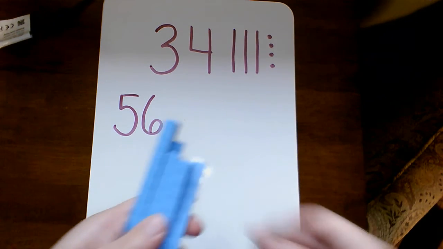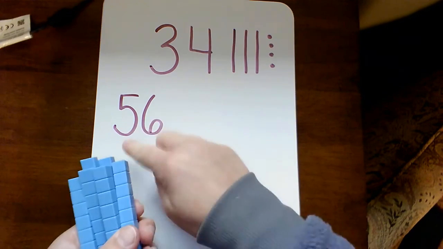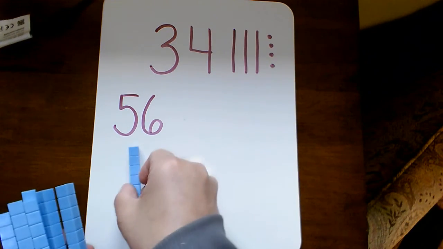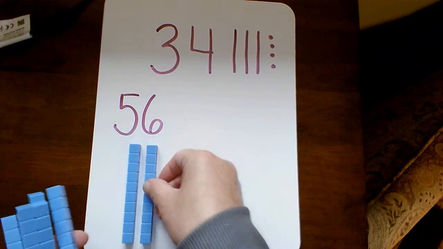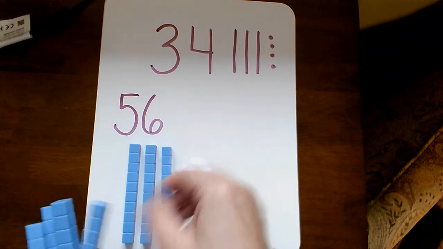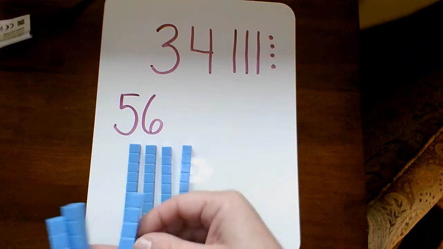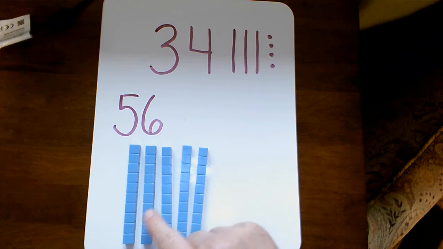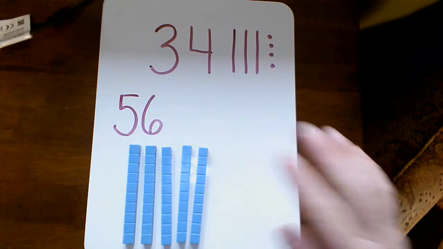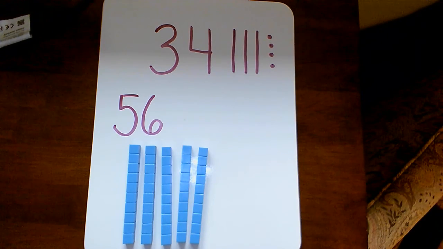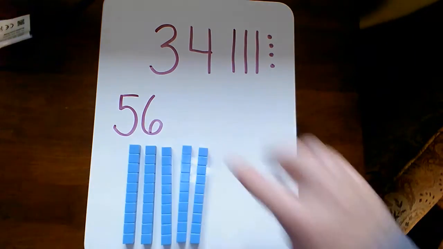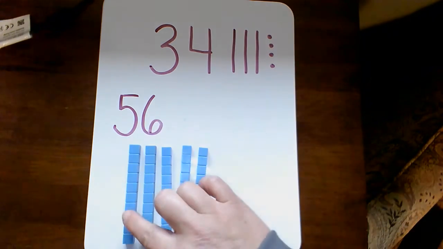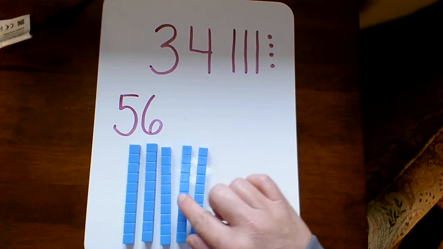Here I have a bundle of tens here, and I'm just going to count until I get to 50. Ready? 10, 20, 30, 40, 50. Okay, how many did it take? 1, 2, 3, 4, 5. It took 5 to get to 50. And now I'm going to grab a whole bunch of the ones blocks here, and I need to get to 56. So I have 10, 20, 30, 40, 50,